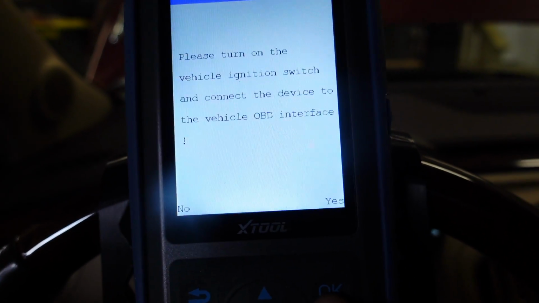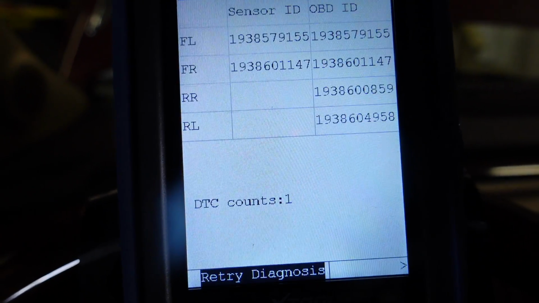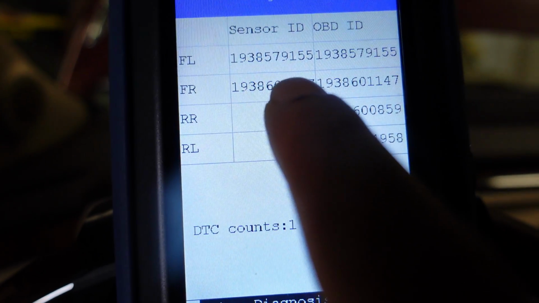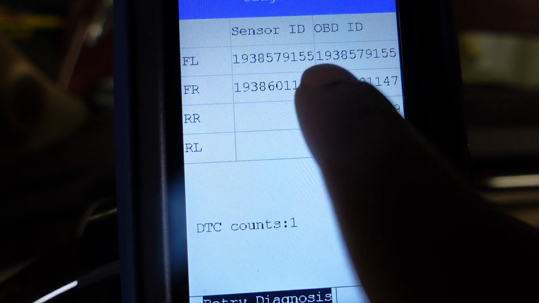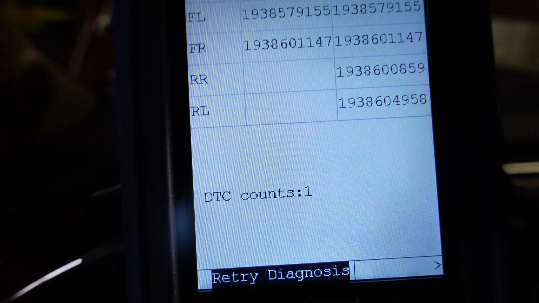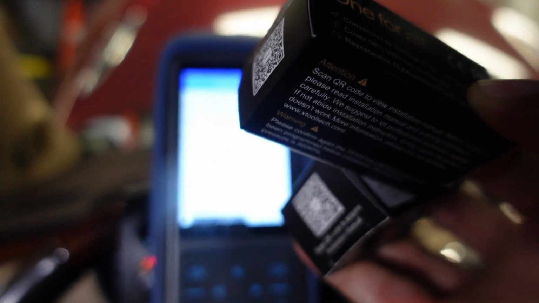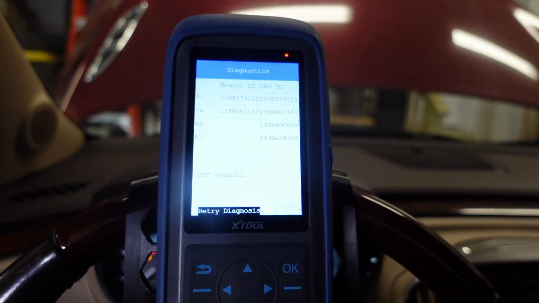Let's go back in. I'm gonna try something here. I'm gonna start right from the beginning here. Communicate. Let's start right from the beginning here. So yeah, we can see that the front left has that 155 number and the front right has a 147 number. So we know that these two sensors right here are programmed, ready to go in this car with no